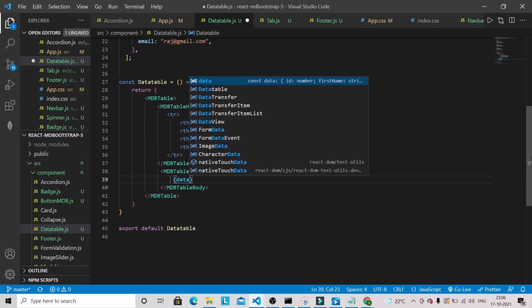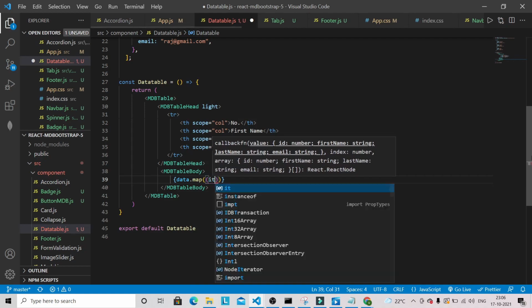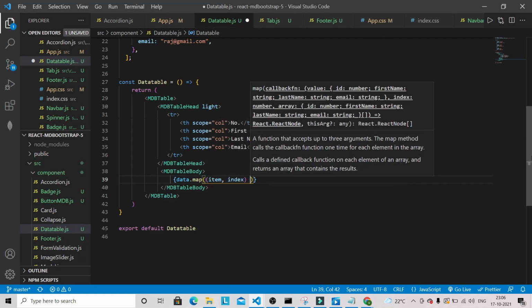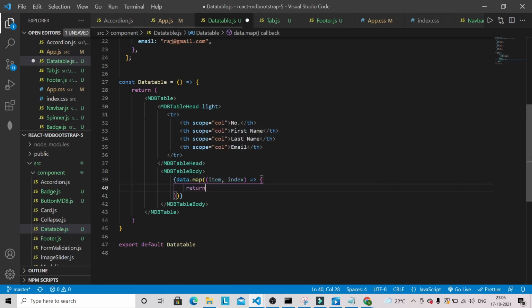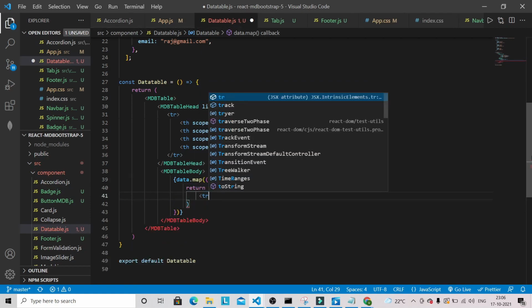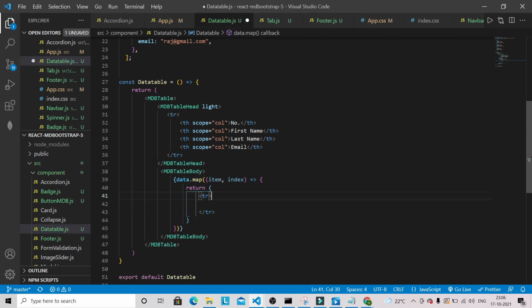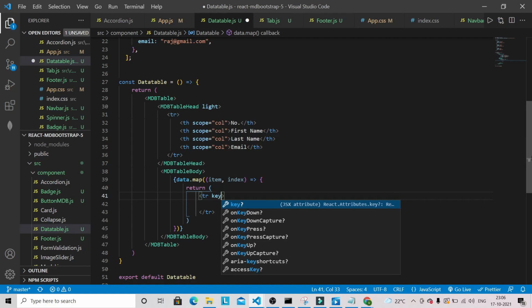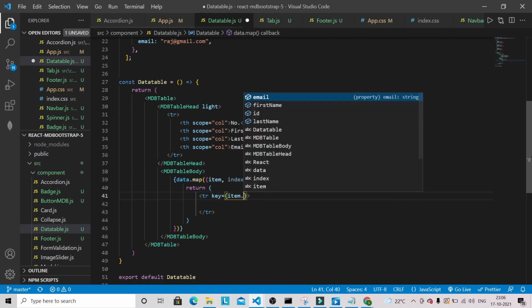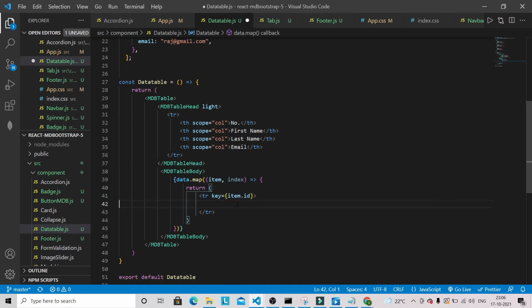So data.map with item, index, then we are going to return tr, table row, and this will have a key, item.id. Then we are going to have a th, and this will be index plus 1.